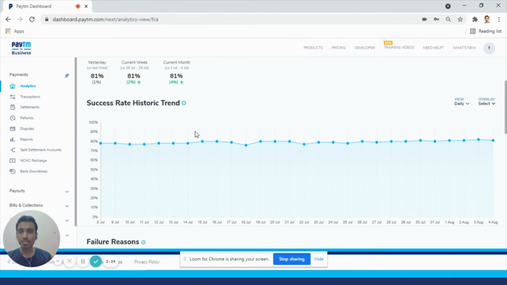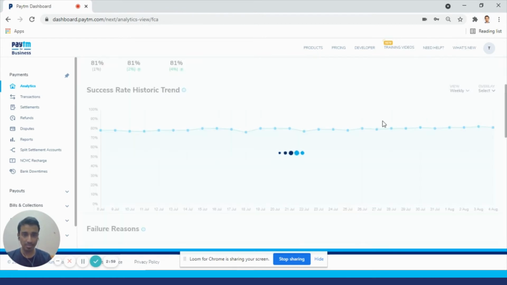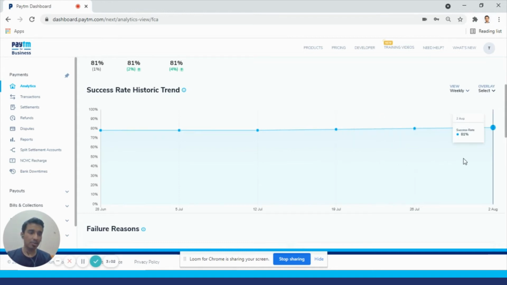Moving on to the next section, which is the success rate historic trend. Here, we've given you a day-to-day or a week-to-week or a month-to-month trend view of the success rates, how your trend has changed over the day or over the week or over the month. Like I said, you can change that daily, weekly, and monthly view with the help of this view filter. So currently it's been chosen as daily, so you can see on a day-to-day basis how your success rate is changing, and if there is a sudden decrease or rise in the success rate on a particular day, that can be highlighted from here. I will show you the change as compared to weekly as well. So as you can see, for weekly, now your view has changed on a week-to-week basis. So that is what we are trying to achieve here.